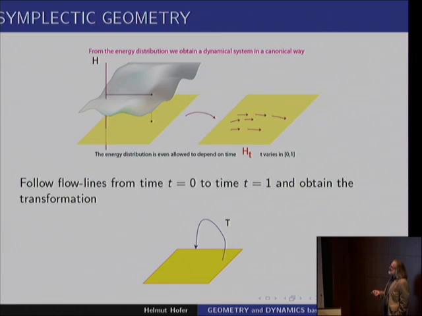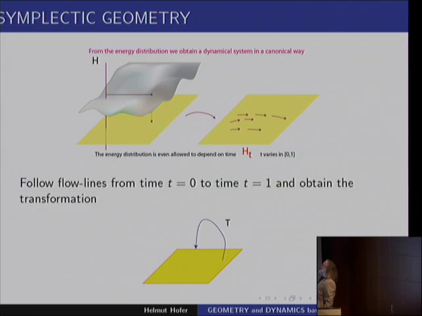So if this here is a space of states, what is an energy? An energy is just a function which associates to a state a number. So you could always visualize this. So you have here, say, the plane, which is a space of states, and each point has an energy. So you have a landscape sitting over it, the energy landscape. So now the interesting thing which happens is, since we can talk about the area associated to small loops, there is some possible voodoo you can do to produce out of this a field of arrows.